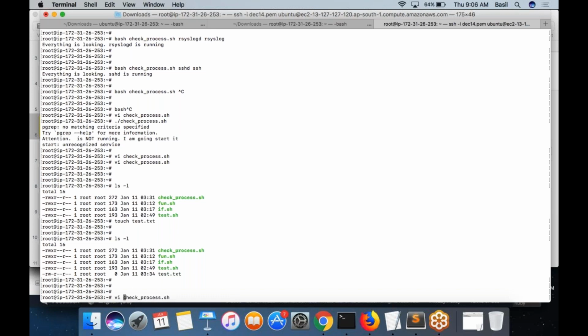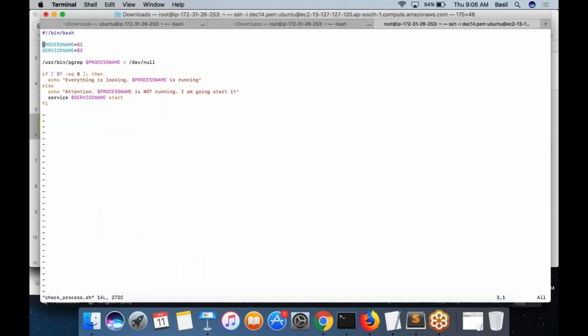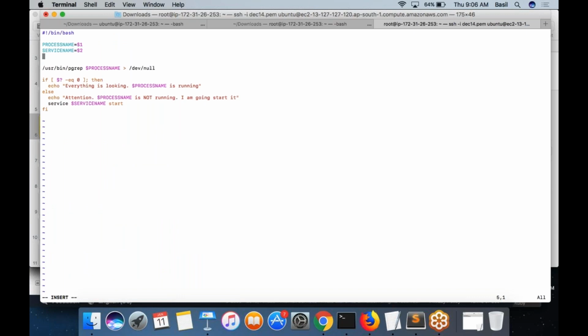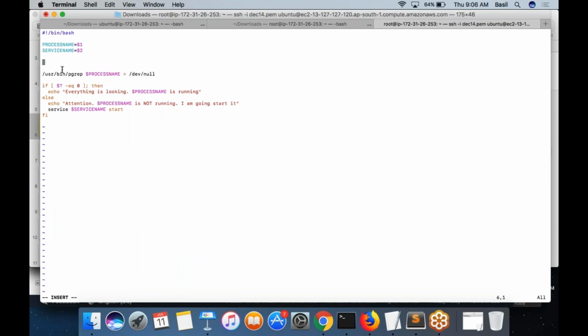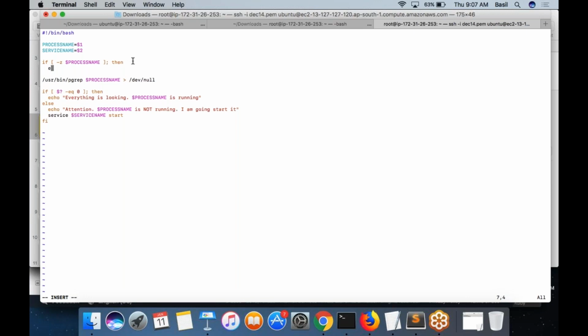It can read that value. There is a command called read. If you want to check whether a given process is null, there is something called -z. You can put another if condition. So first you will check if this process name and service name are null or not. You can use an if condition using -z. This is the command which will check whether the given variable is null or not. If it is null, what do you want to do? You want to stop the script. Maybe you would print a message saying that please provide a valid process name.